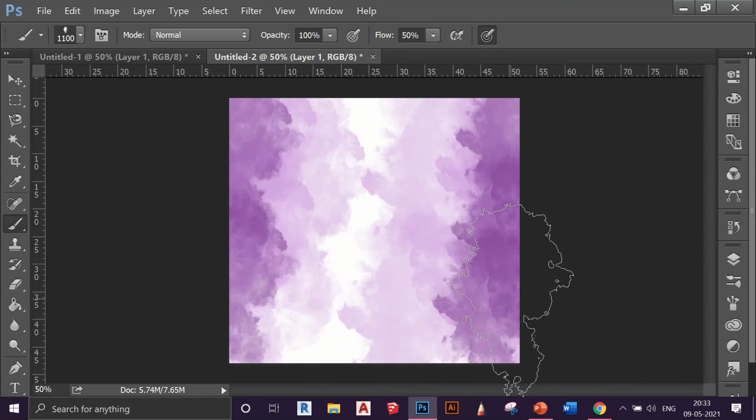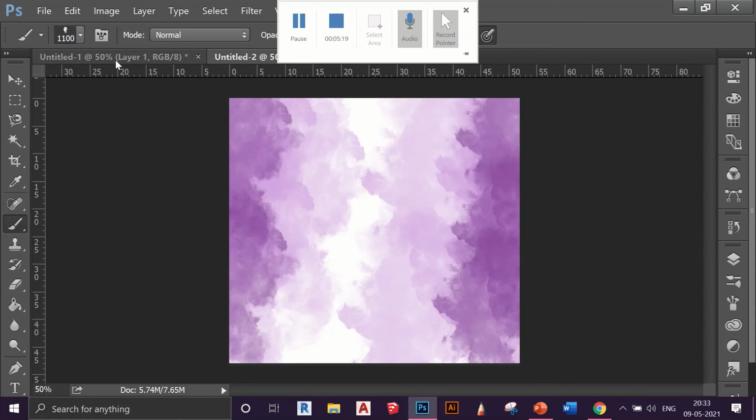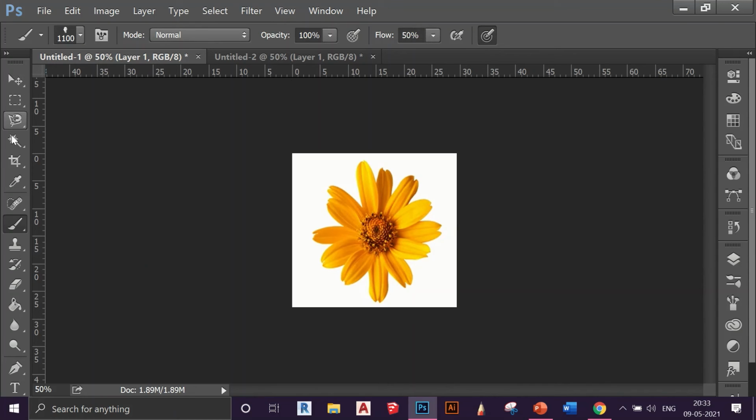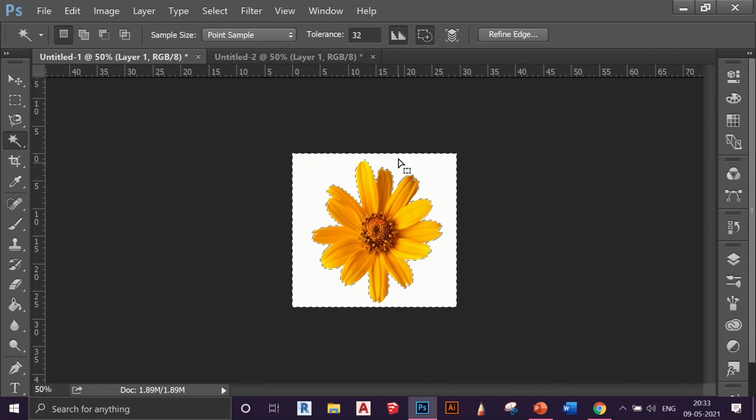Now, talking about how to define a brush. You need another file for that. Like I already have this. In here, I have this beautiful flower. There are two options going within it. First of all is selecting it. So I have selected the white background. You can go to select and select inverse. So my flower will be selected, and I want the flower. So then I've selected the flower.